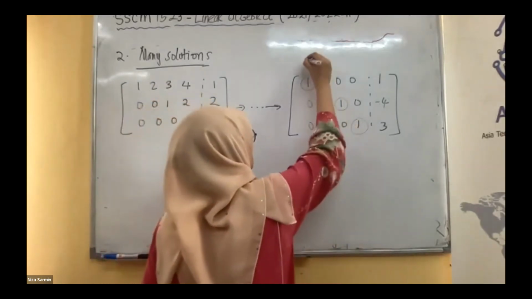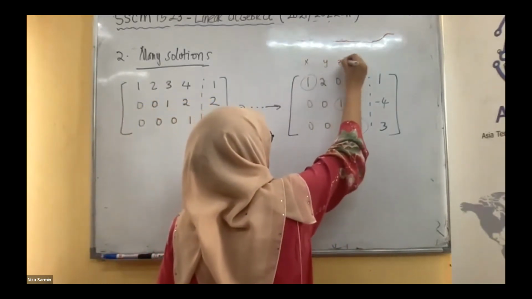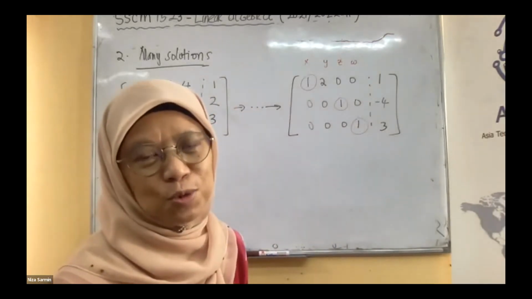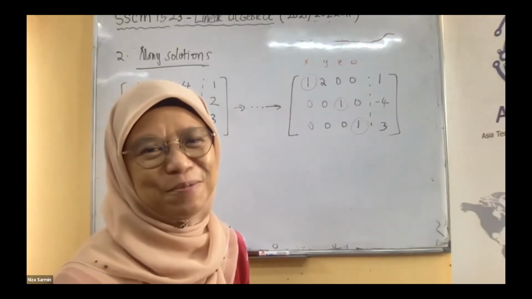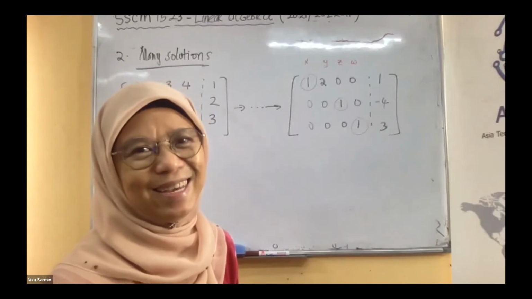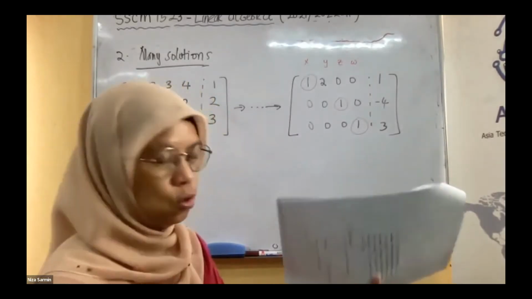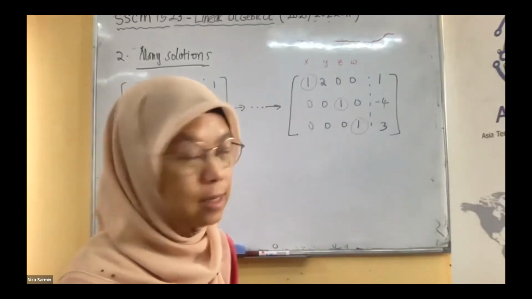It's X, Y, Z, W. Don't ask me why it's not W, X, Y, Z, because they want to start with X maybe. X, Y, Z, W. So if you want to check the rank